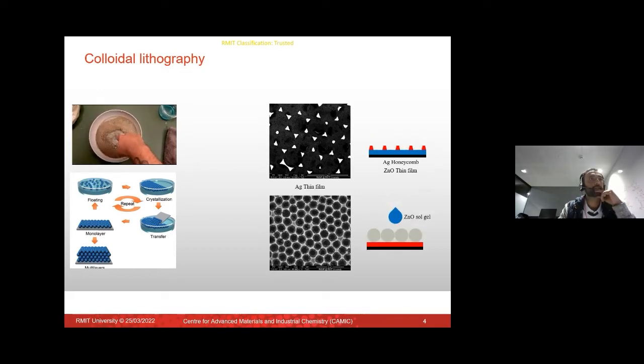In the bottom case, we just did the deposition of our material differently. So the zinc oxide sol gel was spin coated, and then we removed our polystyrene template, and we ended up with this honeycomb structure of zinc oxide. Okay, so there's a lot that you can do with colloidal lithography, and that's why we want to implement it